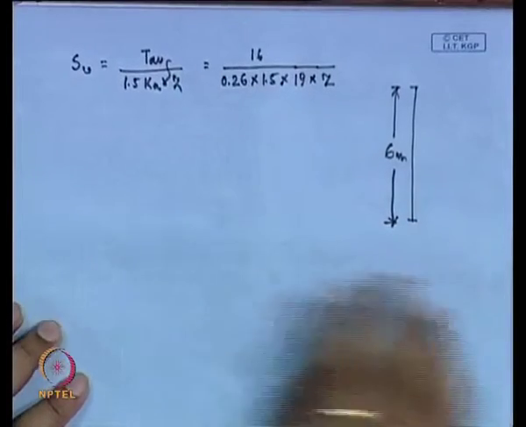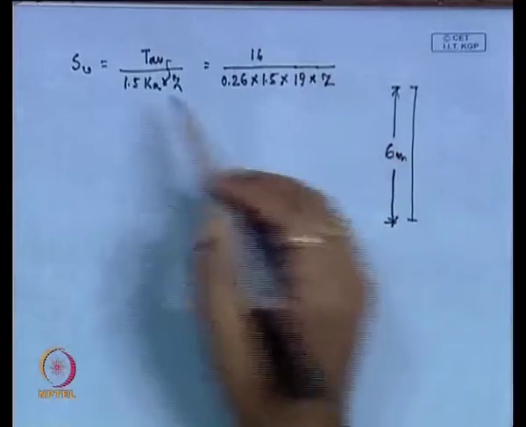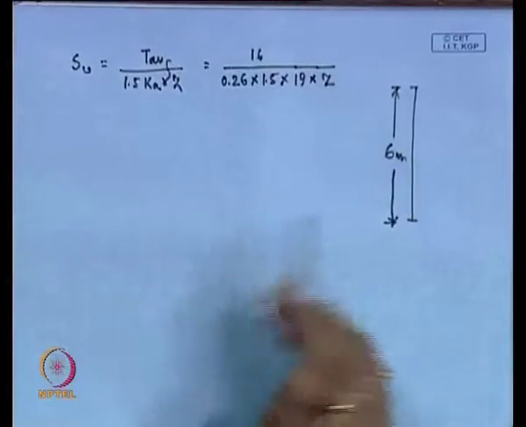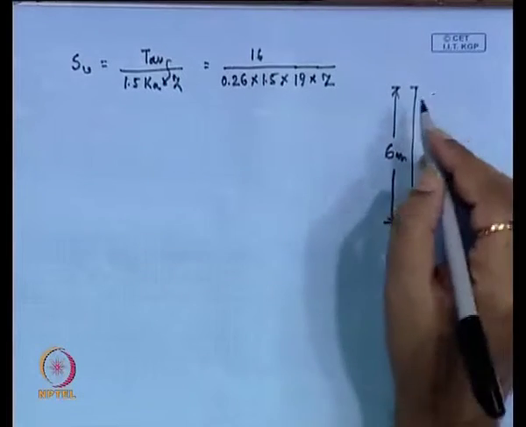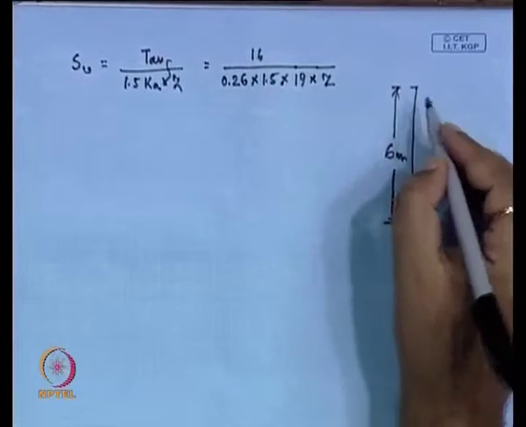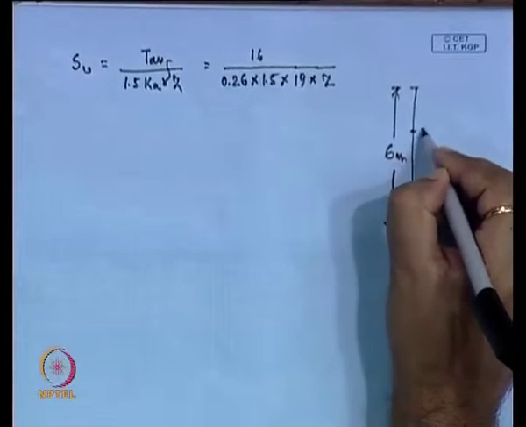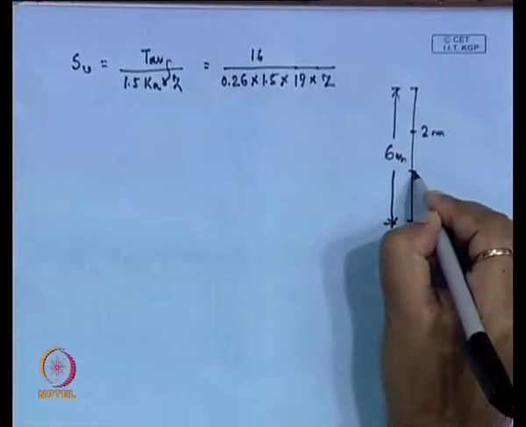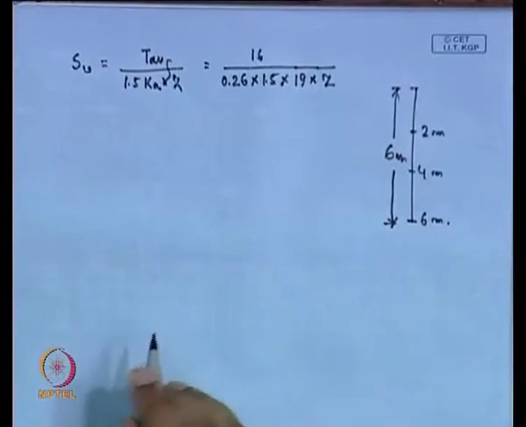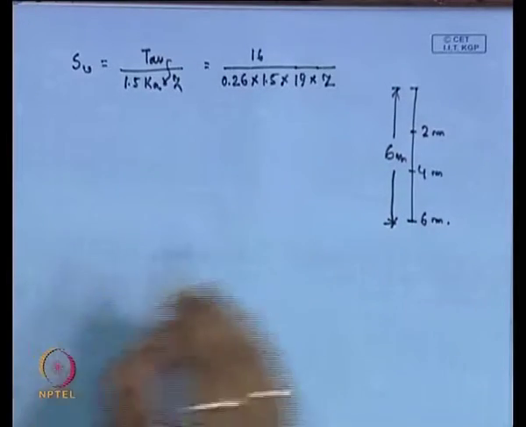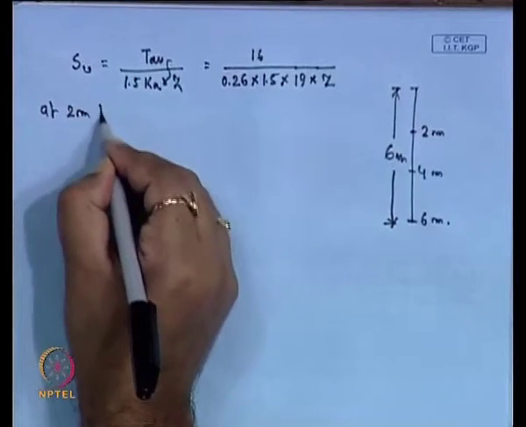So, first, as the spacing is not uniform, that is because spacing is a function of Z, and L E is also a function of Z. Then what will we do? We will take different sections and determine the spacing. Here we are taking sections at 2 meter, at 4 meter and at 6 meter. At these 3 different positions we will determine the required spacing. So, first, if I consider at 2 meter depth,